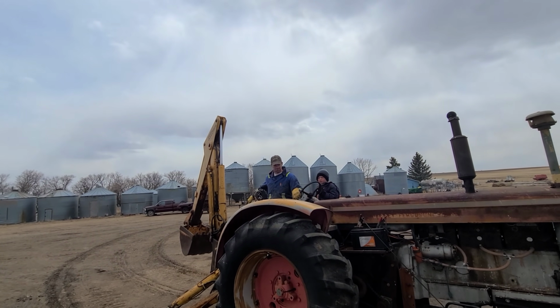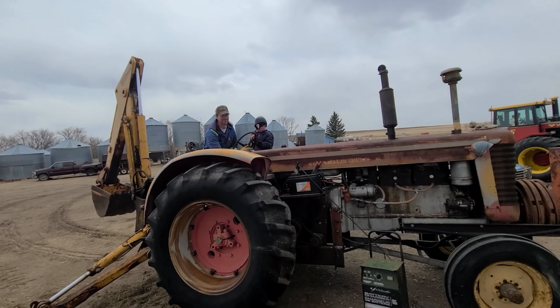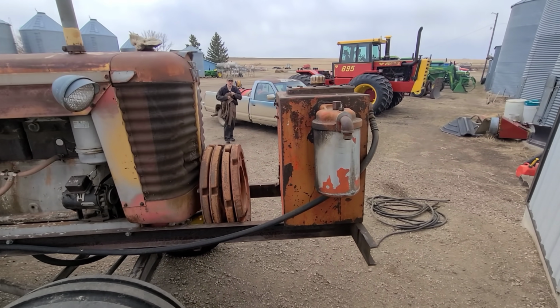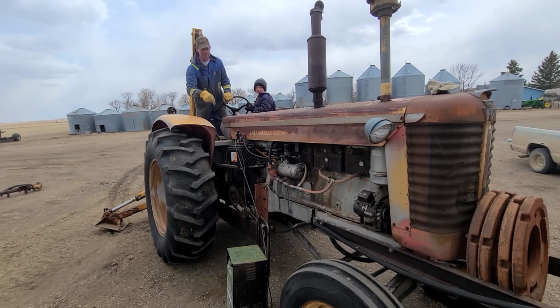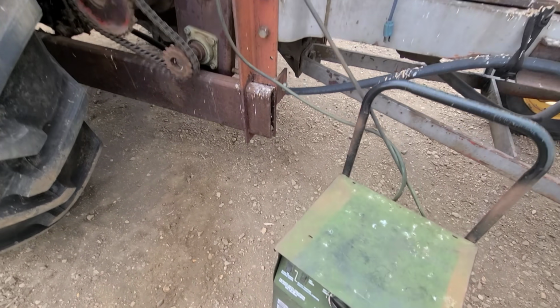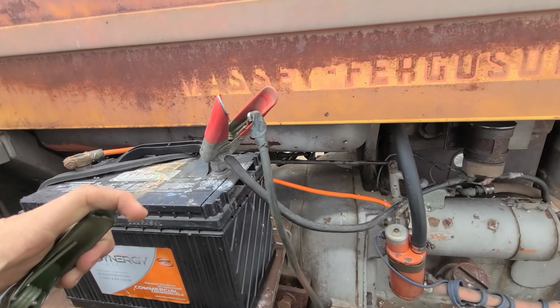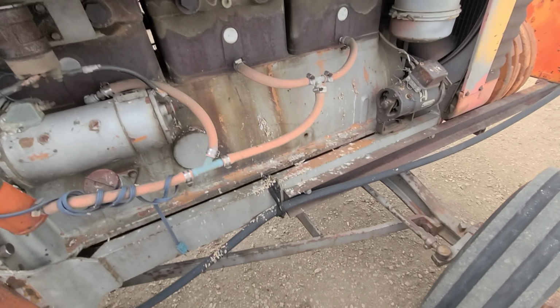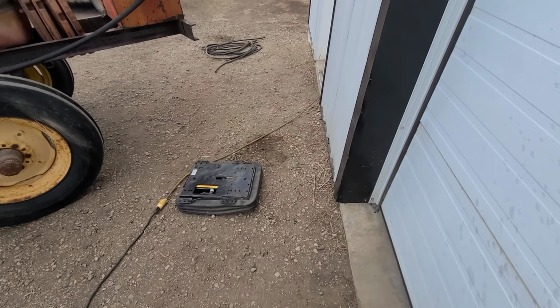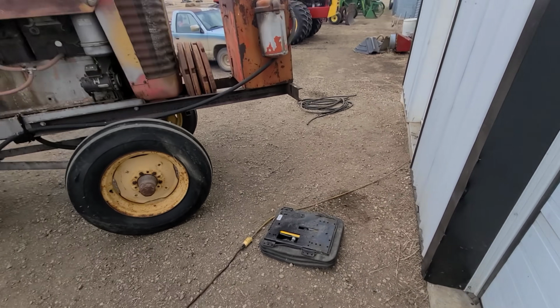Better get some weights on the front. It had those John Deere plate weights on it. We took them off, put them on the 4020, so I have some other actual Massey ones to put on here. It's quite the old homemade unit, this thing, but